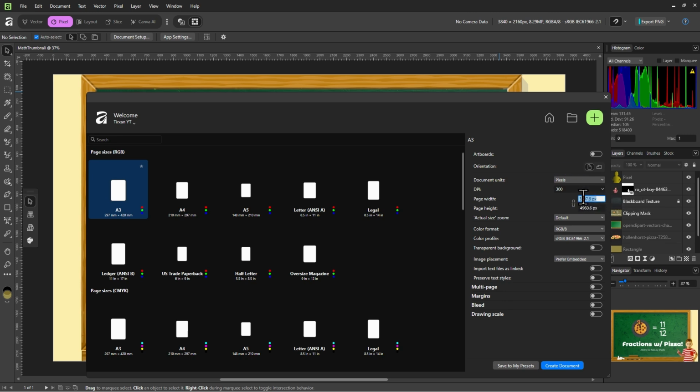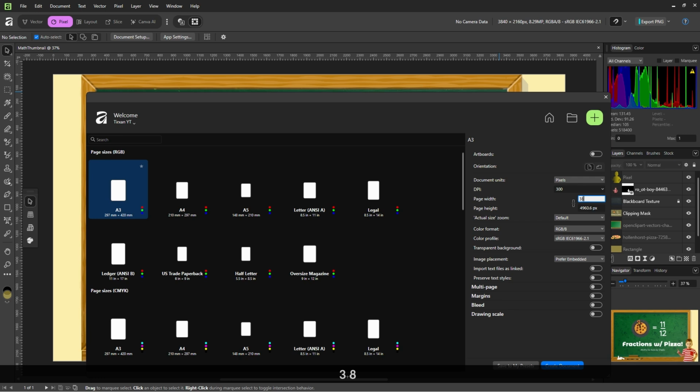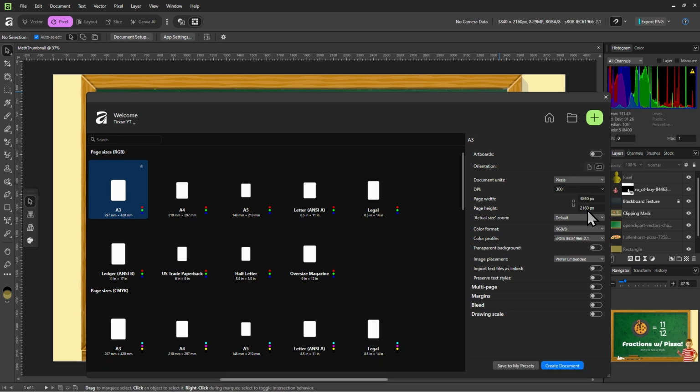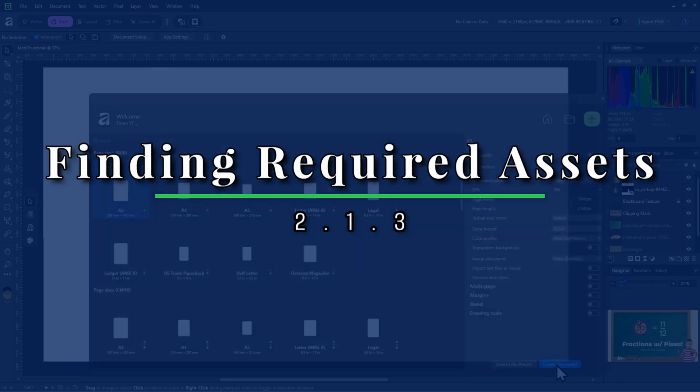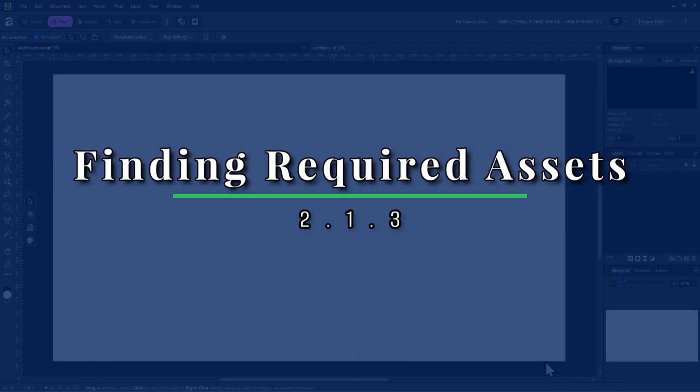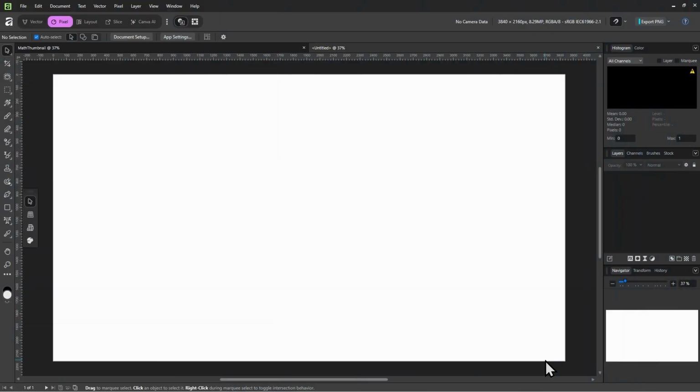Now let's just type out the numbers from that article: 3840, 2160. And once that is done, let's just go ahead and click Create Document. Now we just need assets to fill this up.